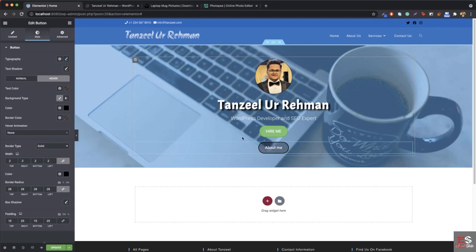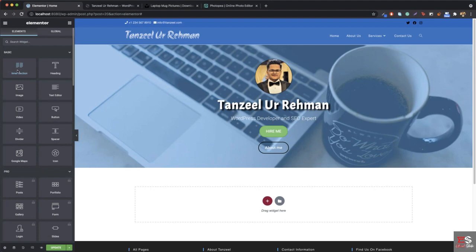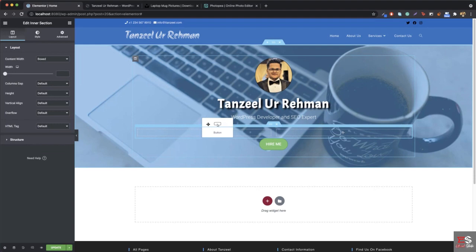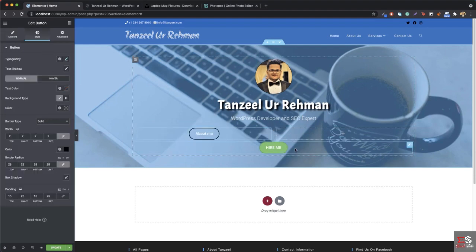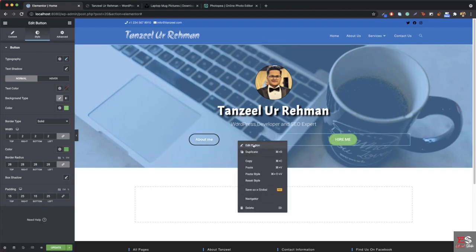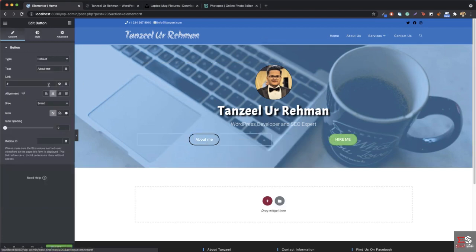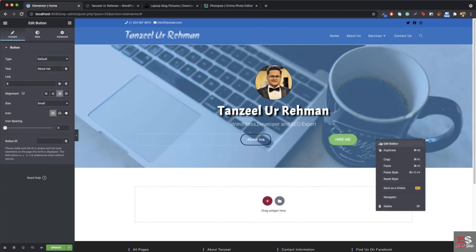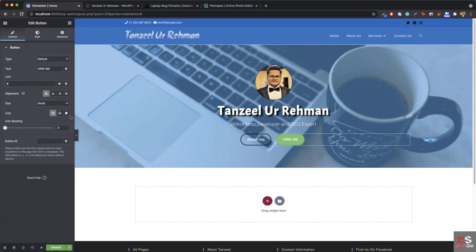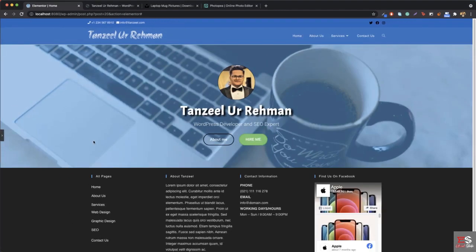We're going to have to add 2 columns in it. And how do you add 2 columns in a column? You add an intersection. Click on it, get the intersection, and just add it over here. Now in the first one, drag the About Me button. In the second one, drag the Hire Me button. Now select the About Me button and bring this to right. Now select the Hire Me button and bring this to left. That's it. Now you are fully done with the About Me button and Hire Me button,